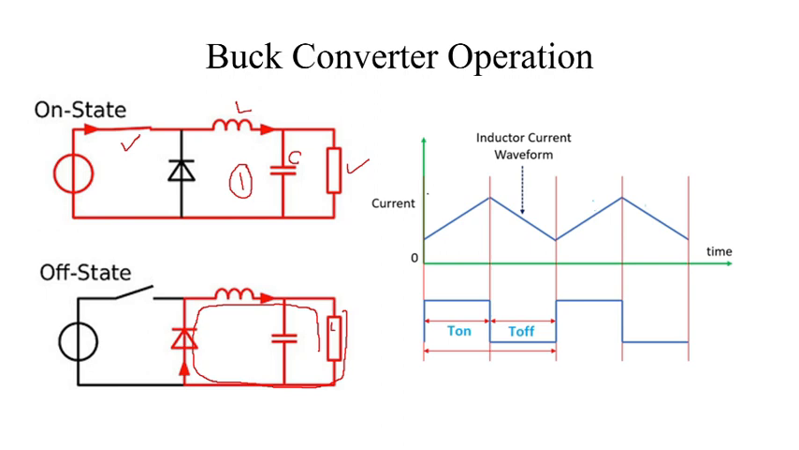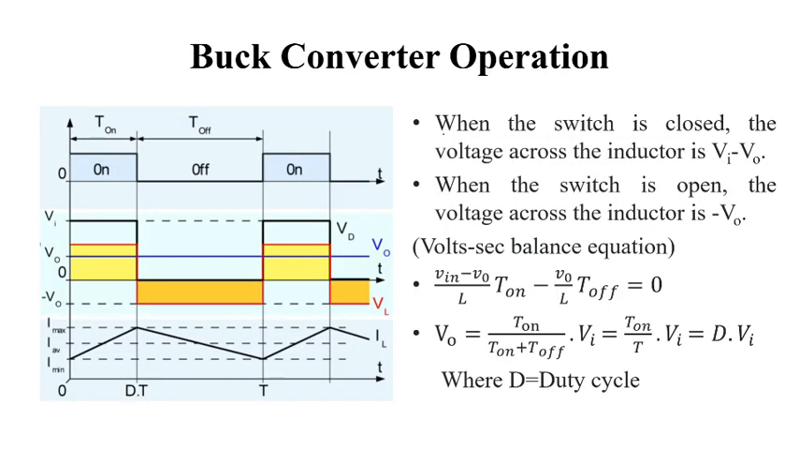On the other hand, during the on state, this is the T on period, current is building up gradually, and then during the off state, current is gradually decreasing, and this process keeps on repeating, and thus we will get a current at the load side. In order to get more into it,